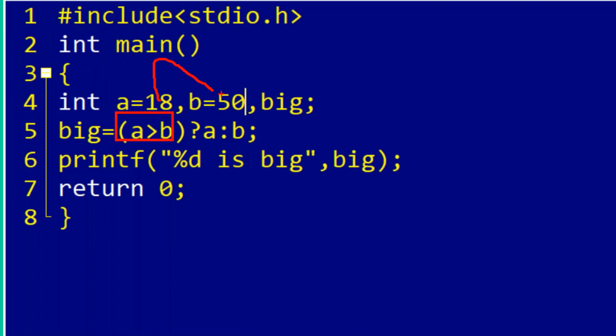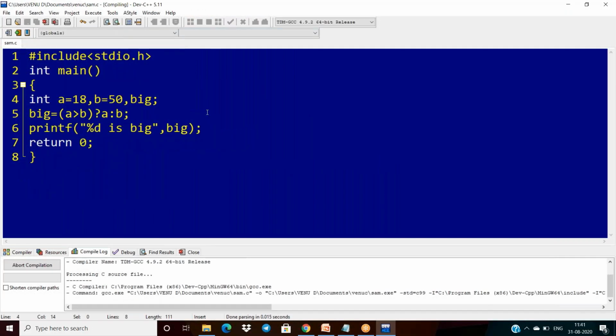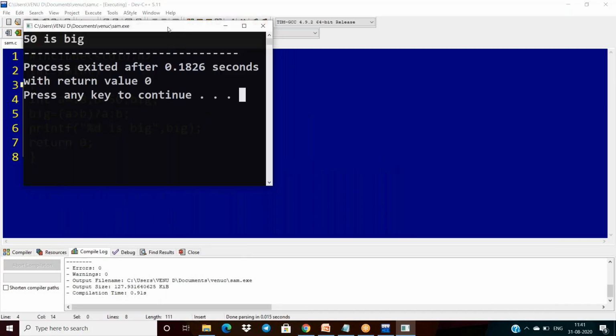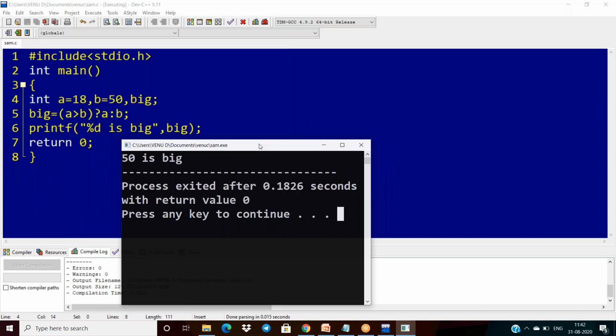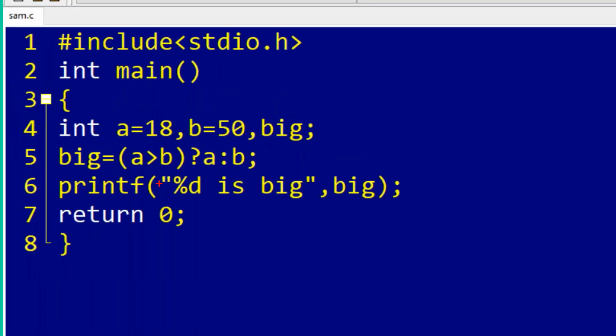Is 18 greater than 50? No. Immediately b is assigned to big. What is the value of b? 50. Then you will get 50 is big.